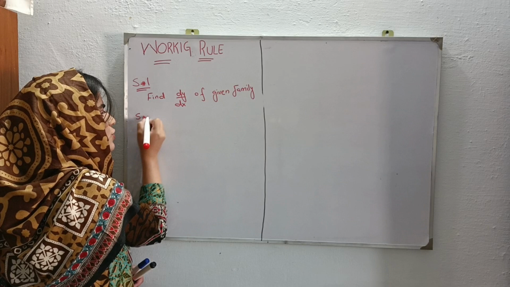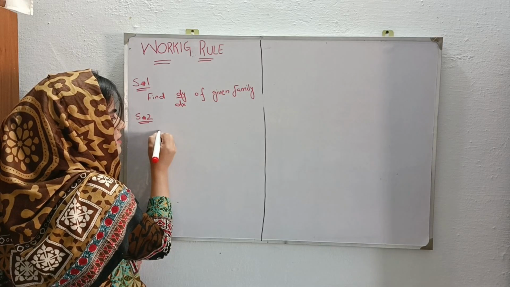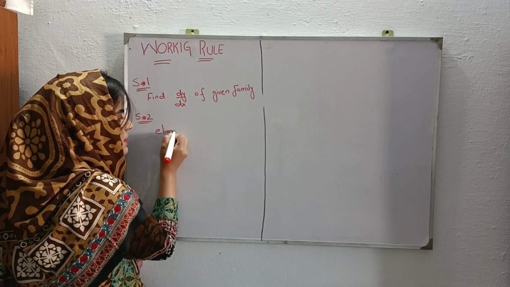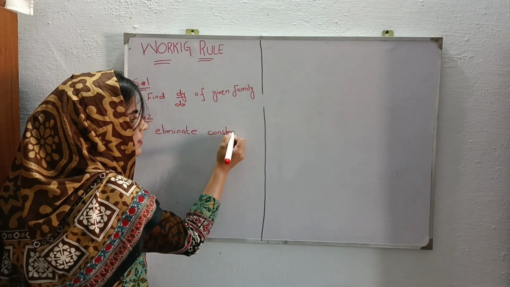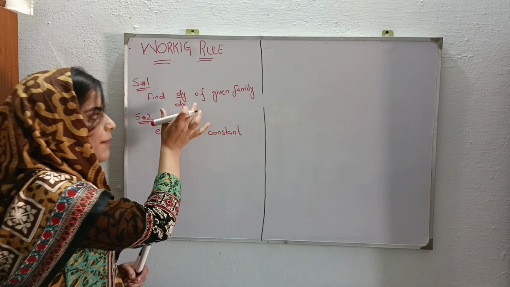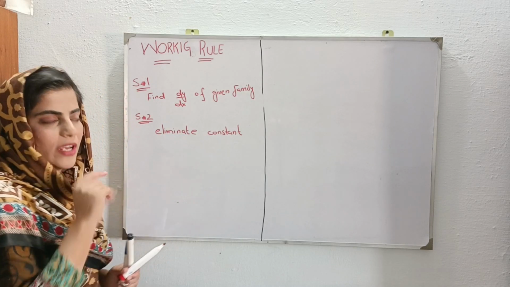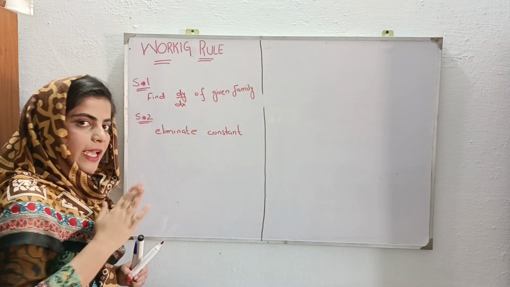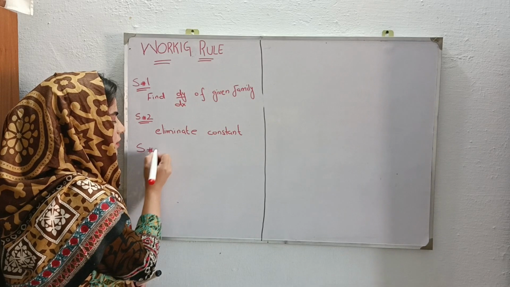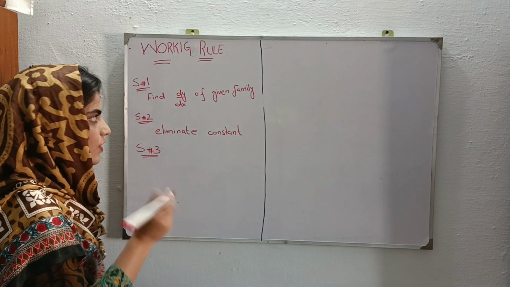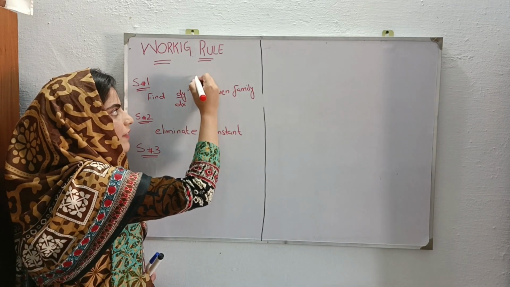Now, in step number 2, you have to eliminate the constant, right? Eliminate the constant. जब आप ये डिफरेंशियल इक्वेशन कैलकुलेट करोगे तो इसमें आपके पास कोई ना कोई कांस्टेंट आएगा, ठीक है? अगर ना है तो वेल एंड गुड, लेकिन इन केस अगर आ जाए तो यू हैव टू एलिमिनेट इट, राइट? इन द स्टेप नंबर 3, ओके, यहाँ पे जो आप डिफरेंशियल इक्वेशन कैलकुलेट करोगे, नेम इट एज एफ ऑफ एक्स वाई,